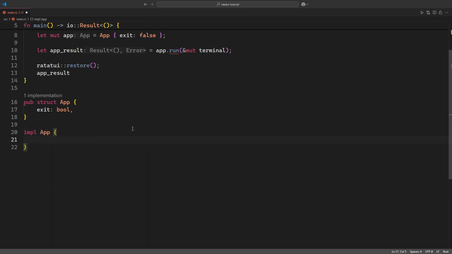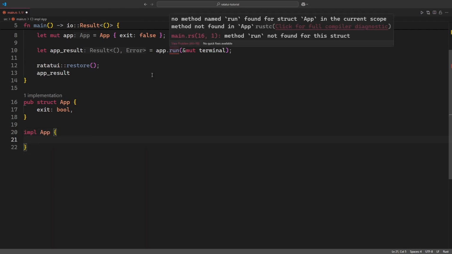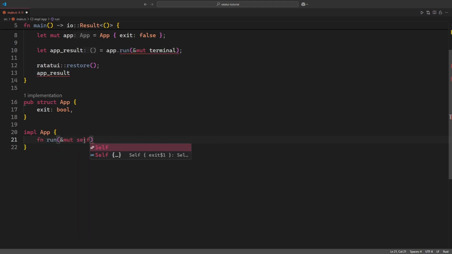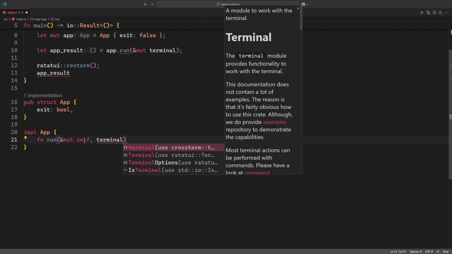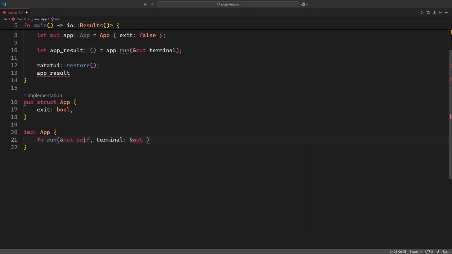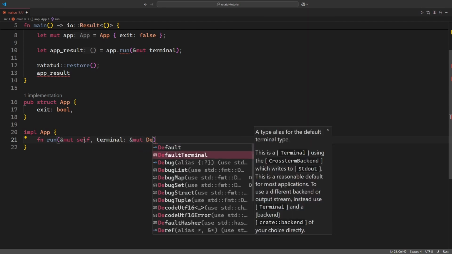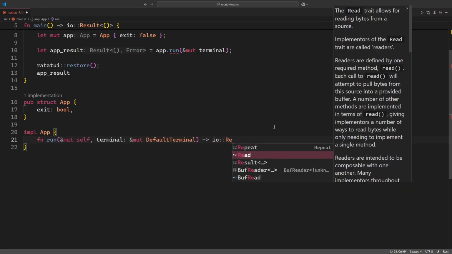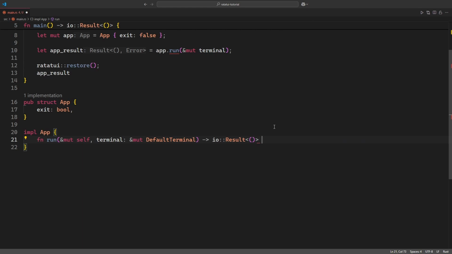The first thing that comes to mind is we need to have this run function that we defined up there. And this one will take a mutable version of self, so we would like to change our state while the app is running. And then we'll take in a terminal, which is a mutable reference to a default terminal type defined by Ratatui. And of course, we're gonna return an IO result